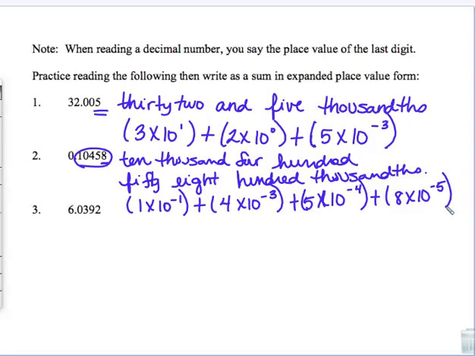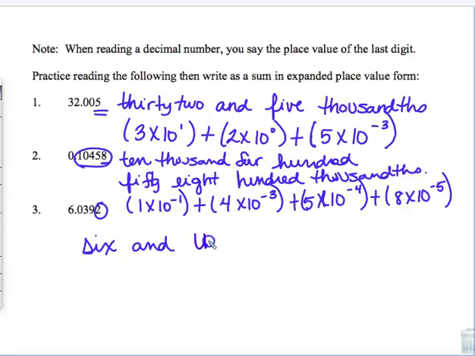On number 3, we have a whole number 6, and then that's followed by the decimal. Remember, we're going to name it by this last digit 2, so if we count, that's 4 places after the decimal point, so we can see 4 places from the chart above is the 10,000th spot. So when I write this in words, this is going to be 6 and. Anytime you see the decimal point, you're going to use the word and. So it's 6 and